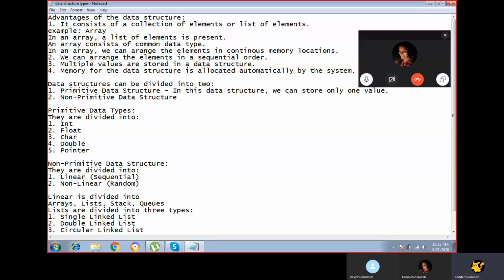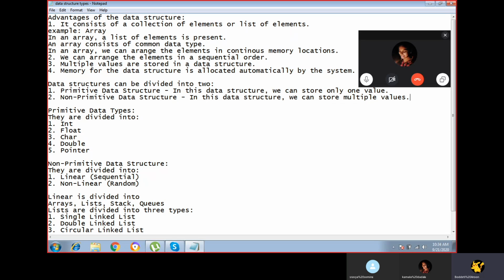And coming to the non-primitive data structure, the definition is that in this data structure we will be storing multiple values. In the primitive data structure, only one value, whereas in the second type, the non-primitive data structure, we are storing multiple values.